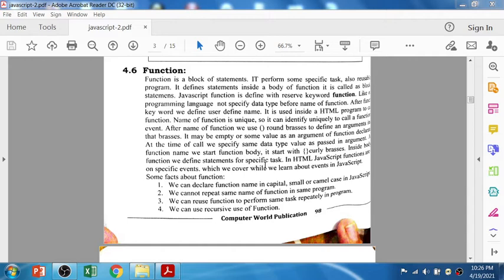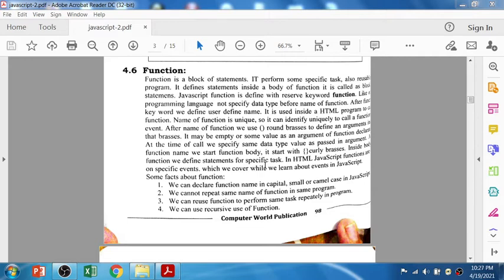It may be empty or have some value as an argument of the function declared. At the time of the call, we specify the same data type value as passed in the argument.